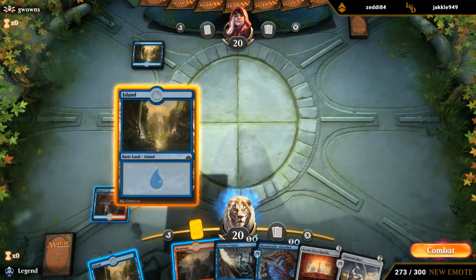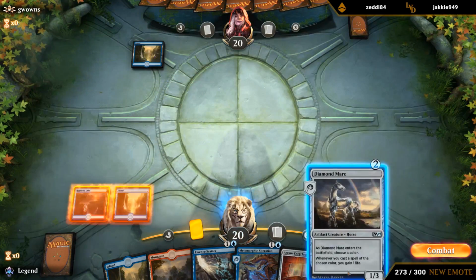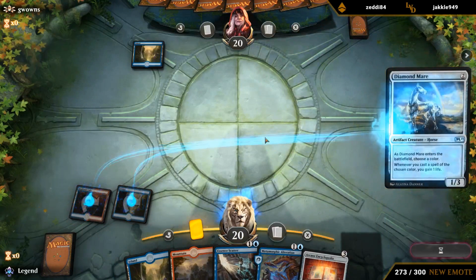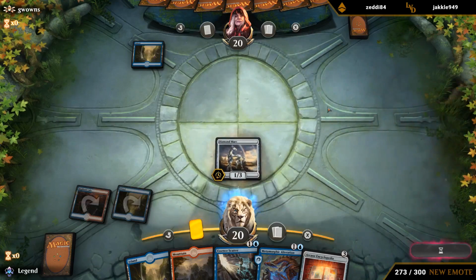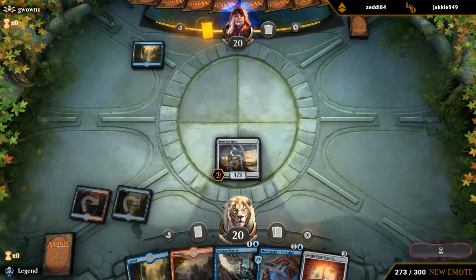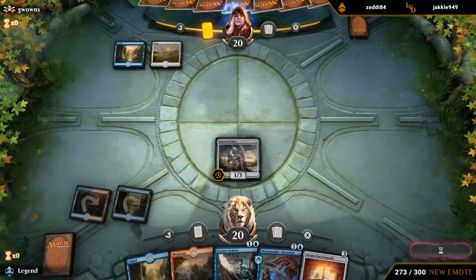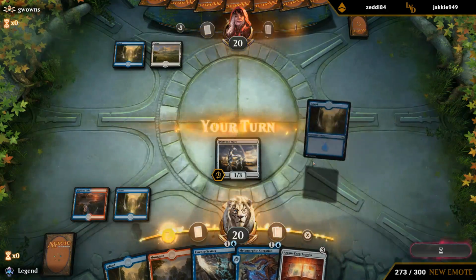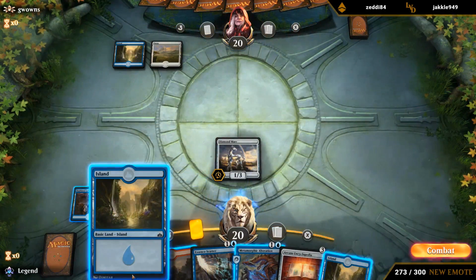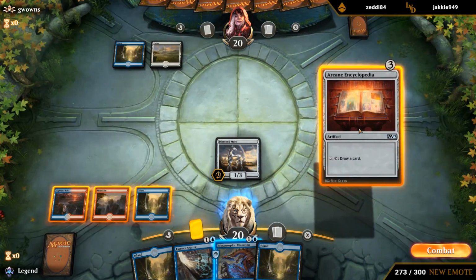Alright, I might be tempted to play the Diamond Mare here, since I doubt we'll have to counter their 2-drop. Name blue. And then play Encyclopedia, and then keeping up Acid Scatter becomes a lot easier when you can draw a card if they don't play anything. And Acid Scatter is not going to work on the Encyclopedia. There's no negate in the format, so...